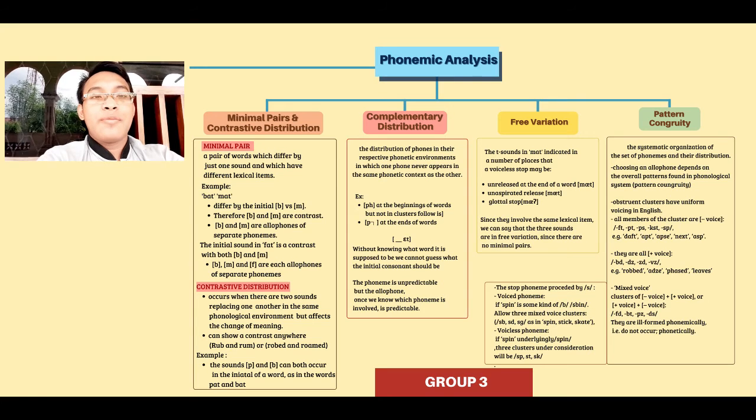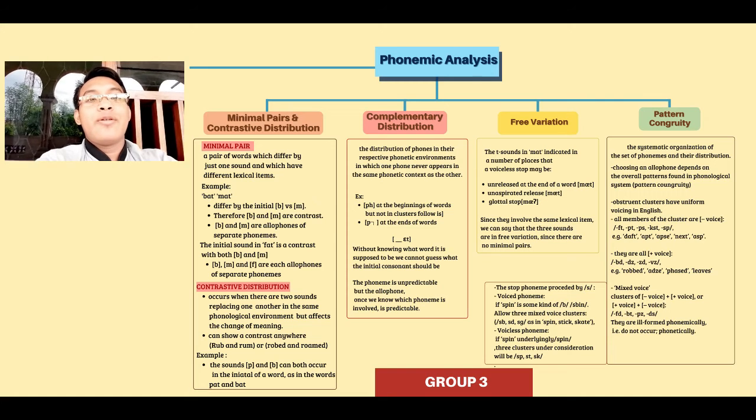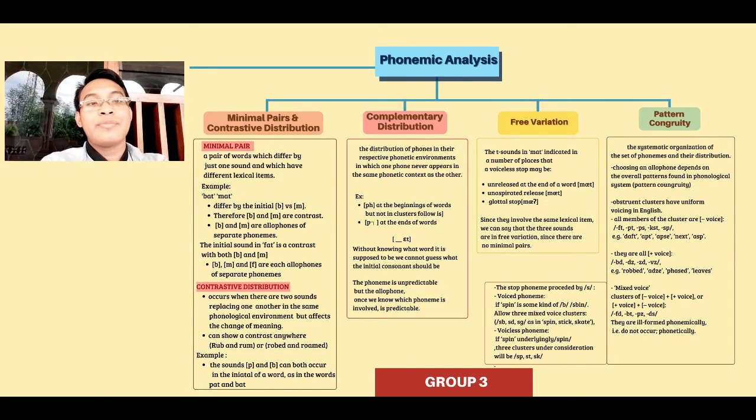And then the last topic that we are going to discuss is about pattern congruity. The systematic organization of the set of phonemes and their distribution is called pattern congruity. You have to choose an allophone depending on the overall patterns found in the phonological system. And what is the phonological system? These are: